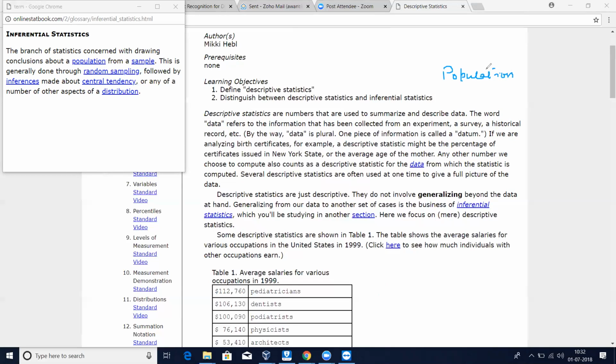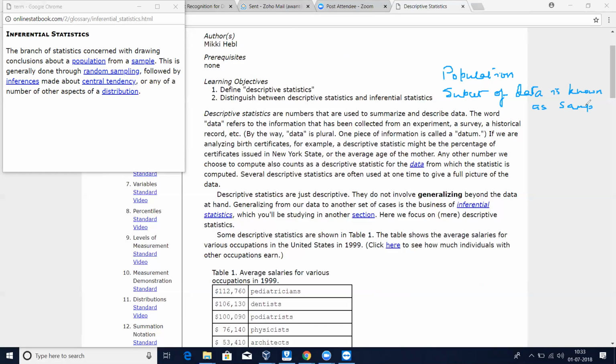A subset of data is known as a sample. If the sample is a good representative of the entire data set, that is known as a representative sample. So you cannot do all the analysis on the entire world, on the entire population of data. You will do it only on the sample of the data, whatever is available to you.